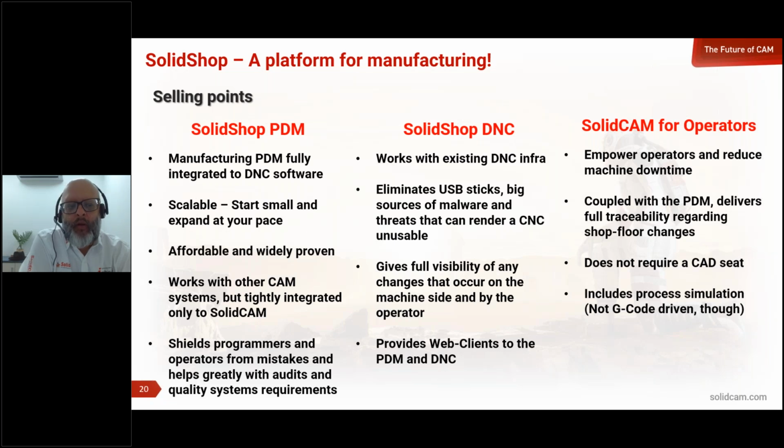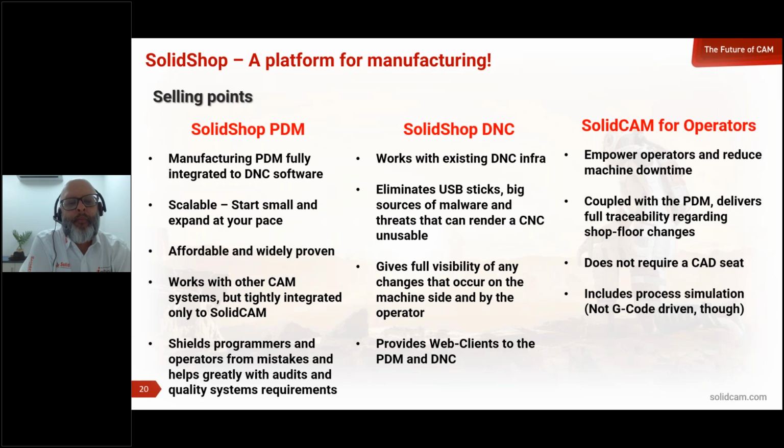This is also a unique thing, because you see many PDMs in the market, but if you ask them, can you handle my CNC programs, my subprograms, my documents, my setup sheets? They will say, maybe, but you're going to have to make your DNC software read a folder of my PDM, and you're going to have to handle everything manually. I definitely showed you in the last webinars that we have full control over what happens on both sides of the fence. This is very important.